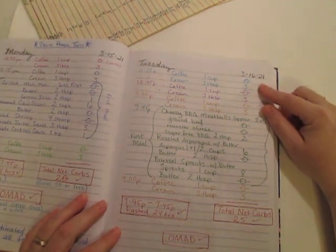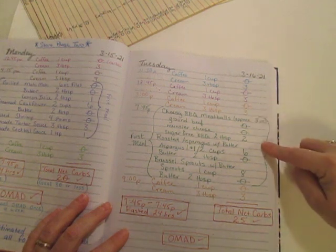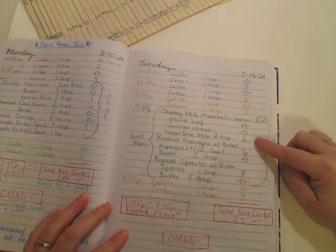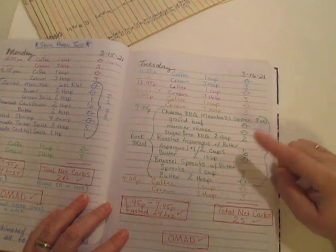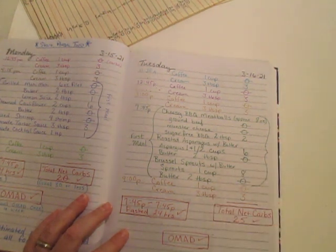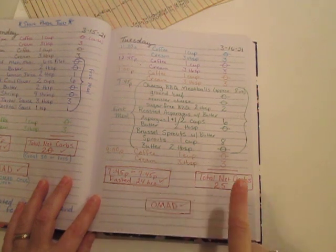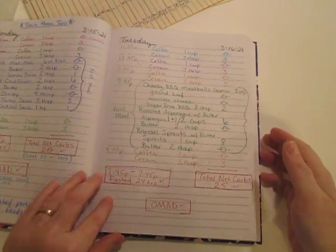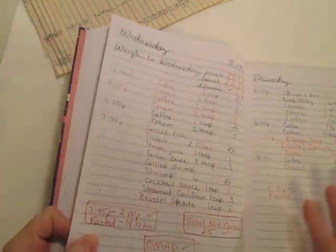Tuesday the 16th, I had coffee all day long, and then that evening at 7:45 I had my only meal. Again, I did the OMAD this day, and I had some meatballs and asparagus and Brussels sprouts, and then later I had another cup of coffee. So I fasted 24 hours again, 25 net carbohydrates, and so one meal a day. So that's 3 in a row I did that. And then